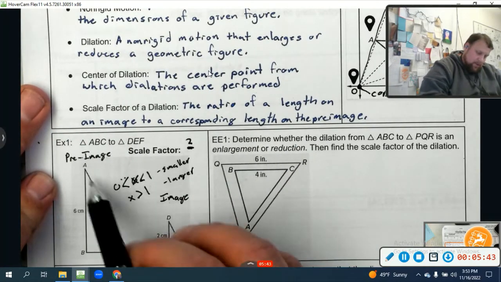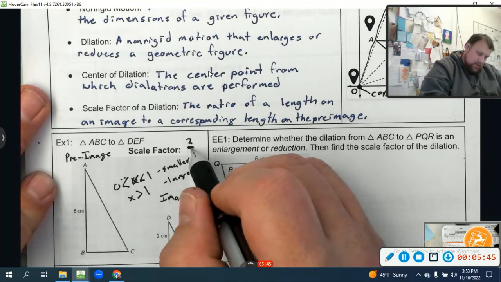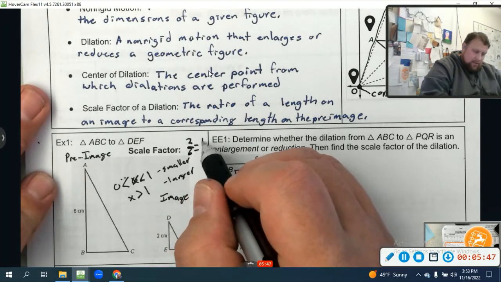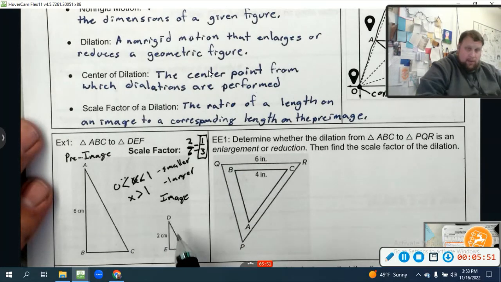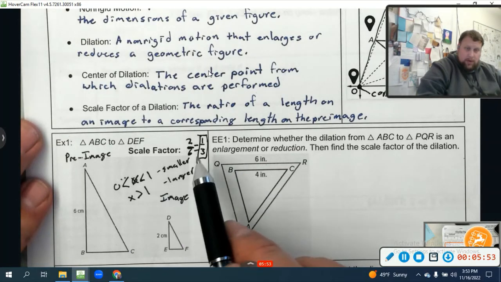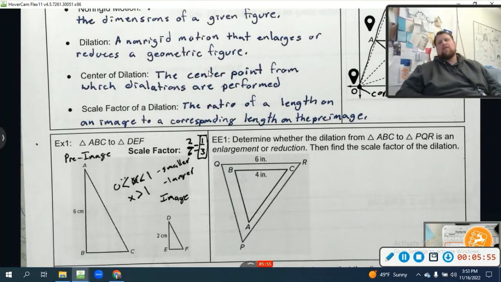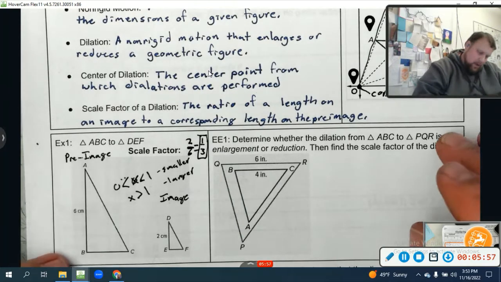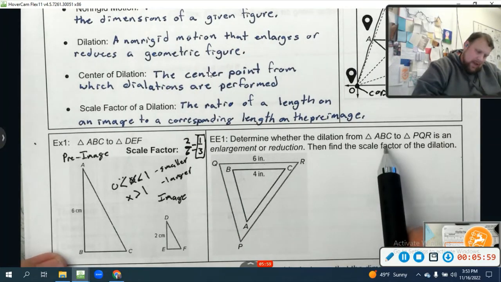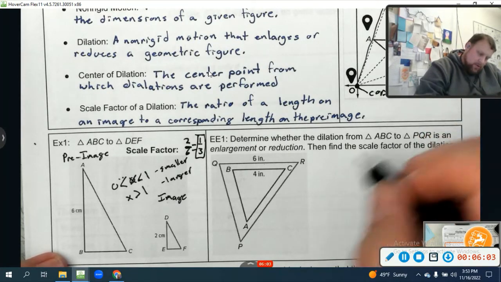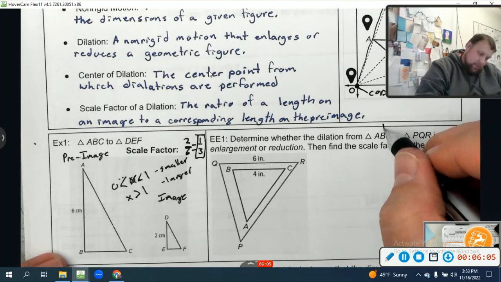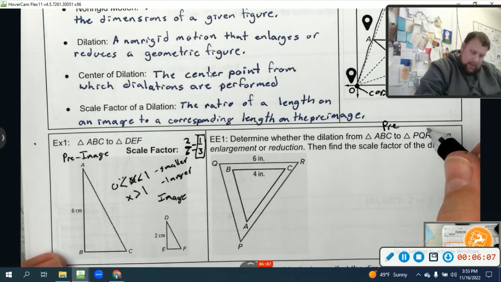What does DE map to? It maps to AB, which was 6. So 2 over 6, which simplifies to 1/3. And since we know it makes it smaller, it should be a fraction between 0 and 1. It's a fraction. Boom. Voila. There we are. All right, determine whether the dilation from triangle ABC to triangle PQR, where ABC is the preimage and PQR is the image,